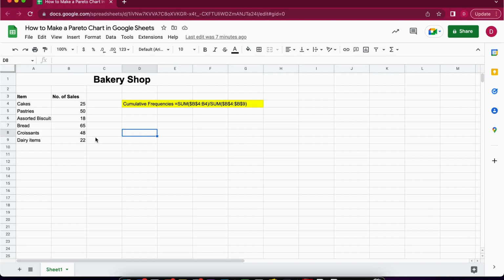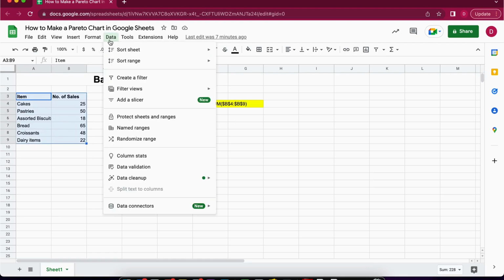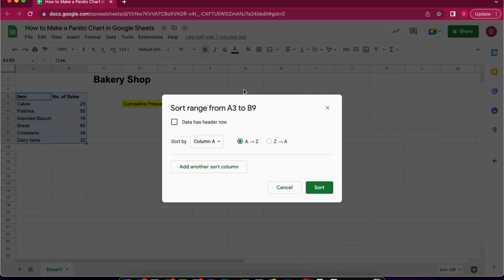So the first thing we need to do is order the number of sales from large to small, and for that purpose we have to sort these two columns. So the first thing I'm doing is I'm marking both of the columns, and then I go on Data. After that, I hover over Sort range. Since we need to sort the second column, the number of sales, I will have to go to advanced range sorting options. So I click on advanced sorting options,